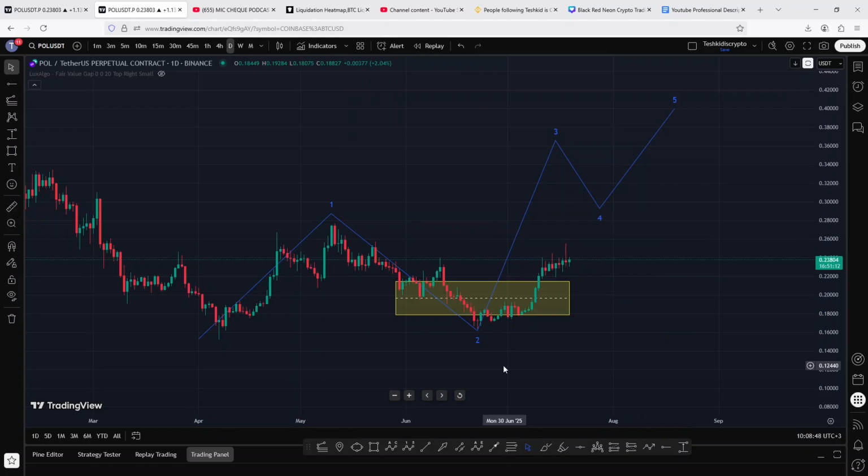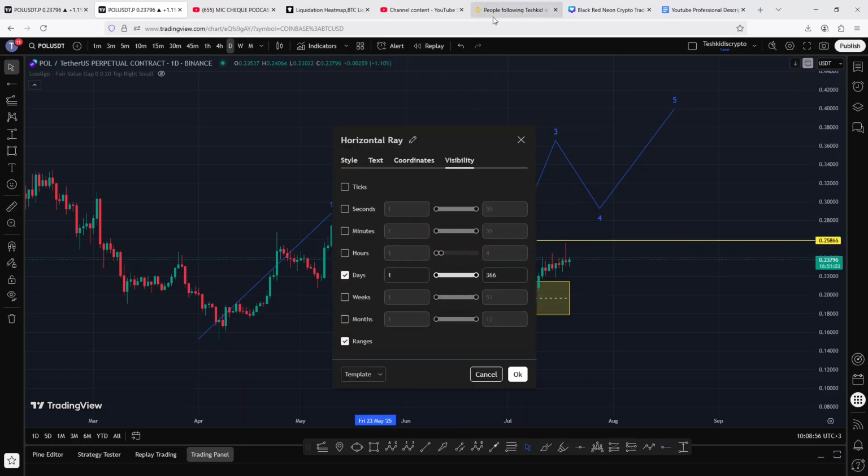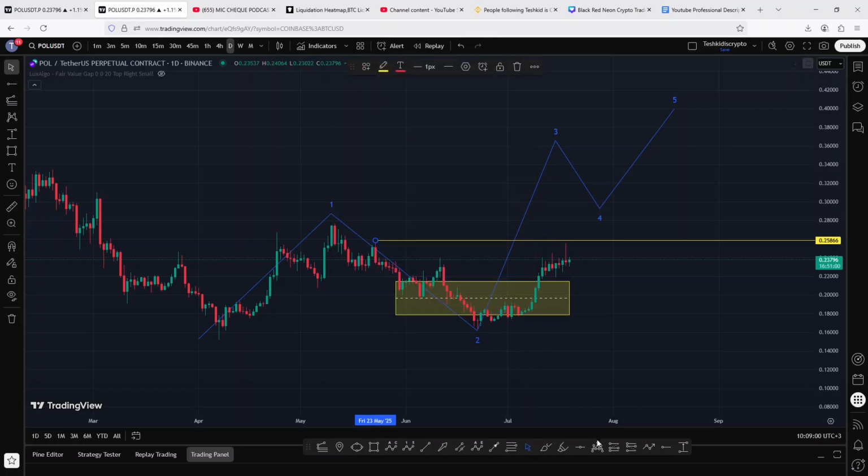And for that to play out, we first need to see a break above the swing high we made above the 0.25866, flipping that key area back into support. The moment we break above that, we also need to continue seeing higher prices breaking above the highs we made in the formation of this wave 1 above the 0.27663 in the next coming days to fully confirm that breakout to the upper side in the formation of that wave 3. We also need to have in mind that in case we get rejected within these areas over here, then that will be a clear indication that we can easily get another pullback to the downside back into this